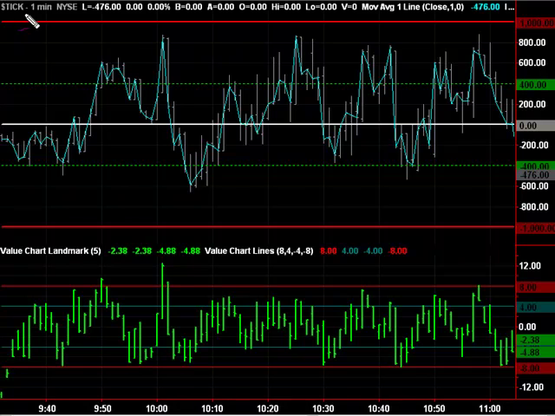Firstly, we've taken the tick index, which is on the New York Stock Exchange. It's based on all the stocks. They accumulate all the positive ticks, accumulate all the negative ticks, and subtract the negative ticks from the positive ticks. So when the ticks are above zero, it means that people are crossing the spread to buy at the offer, and when the ticks are moving to the negative side, it means that people are crossing the spread to sell